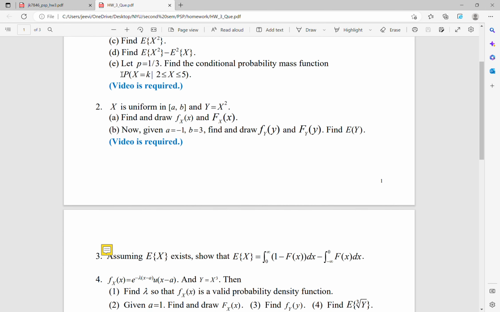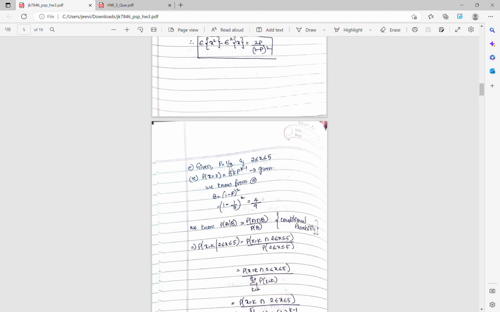In the fifth part of the question, we are asked to calculate the conditional probability mass function for probability X equal to k given 2 is less than or equal to X less than or equal to 5, when p is equal to 1 by 3. Therefore, we are given p is equal to 1 by 3 and the X value is between 2 and 5. Therefore, the probability X equal to k will be equal to b into k into p power k minus 1, which is already given. Now, substituting the value of p into this equation of b that we calculated from a,